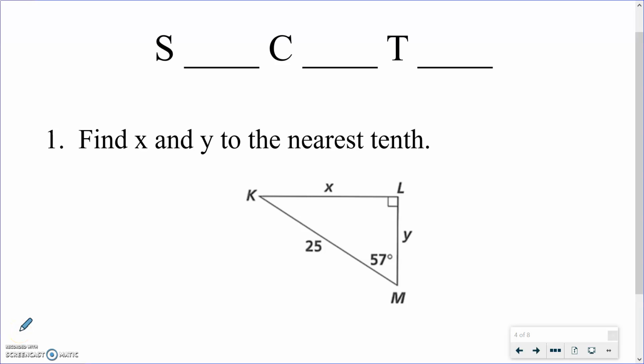Okay, to review from yesterday and the day before, sine is the opposite over the hypotenuse, cosine is the adjacent over the hypotenuse, and the tangent is the opposite over the adjacent side. And so yesterday we did finding missing sides. Now we're going to talk about how you can use those same trig ratios and functions to find missing angles